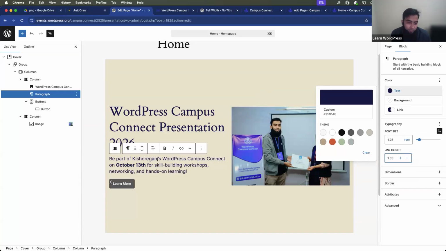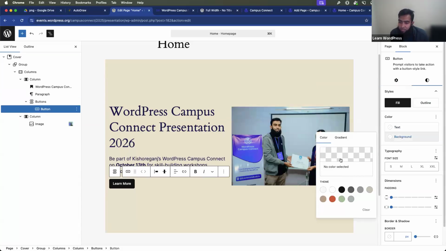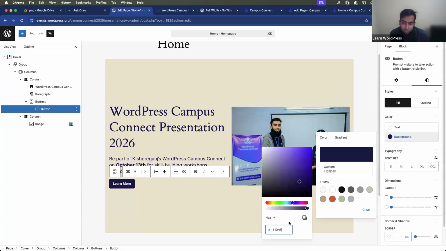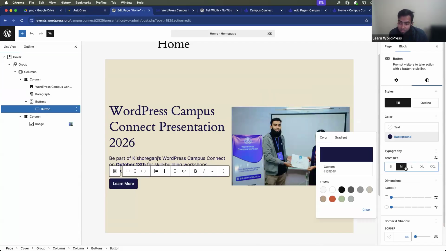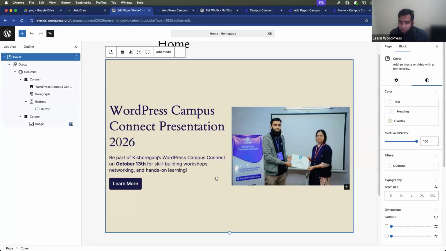And then our button, for button, let's add background color, this one, same color, and then font size we can actually increase a little bit, 1.05, let's make it 1.25, 35 or 25. So it's already changed, and then you can see the gap between these two elements is